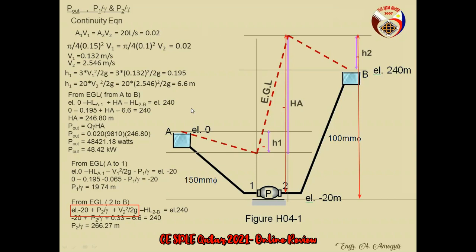So ganun lang, ito yung pinaka-principle basic ng energy grid line. Please understand ito kasi pagdating sa pipe networks mamaya, ito lang din ang pinaka-solusyon. It's just simply adding all this vertical elevation in terms of pressure, velocity, at saka elevation. Right? So that is yung second problem about application of Bernoulli energy equation. Right? Okay, so let's move to yung